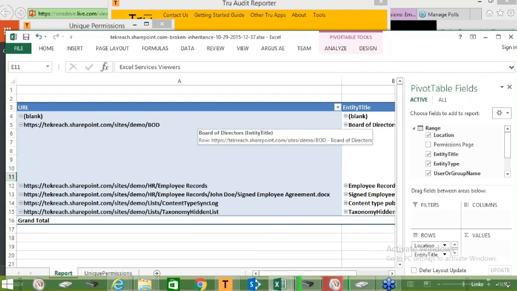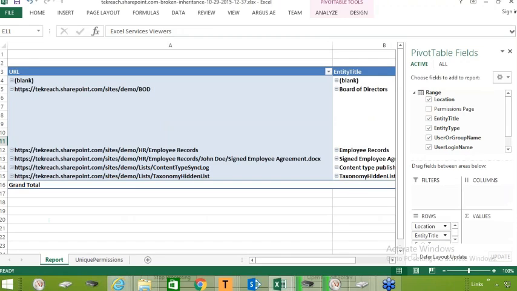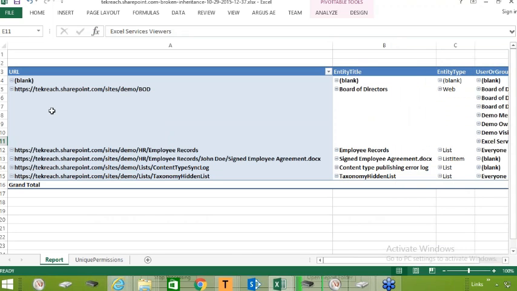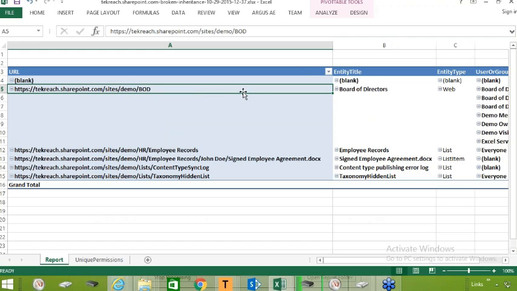And here it is loading, and there you go. So this is a full-blown report of all the things in SharePoint that probably require attention, things that have unique permissions. So here's one of our sites, the board of directors that we looked at earlier. Here we have the web, here we have the permissions, and here we go. This could be a huge list of permissions and sites and lists and items, and in a matter of minutes we were able to generate a full report on what our landscape looks like in